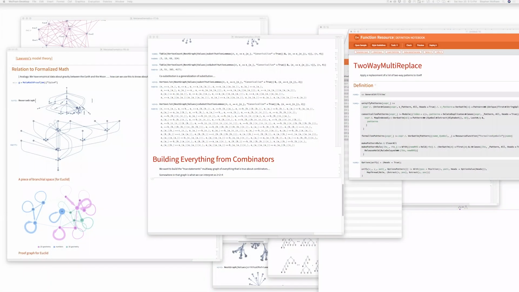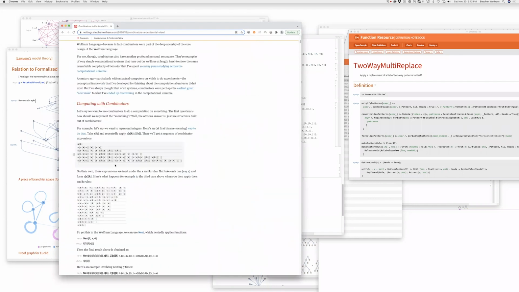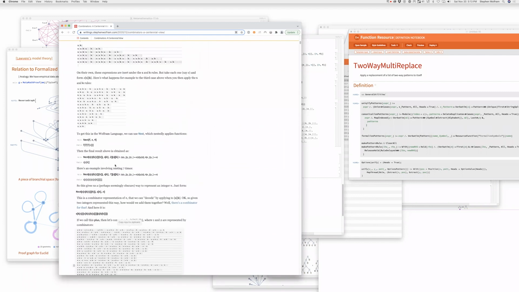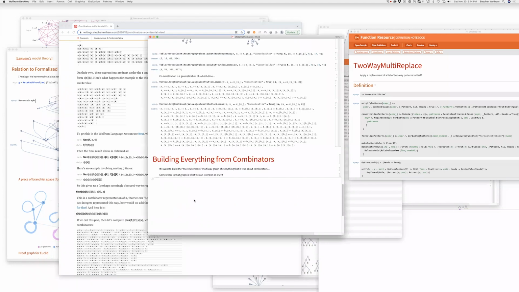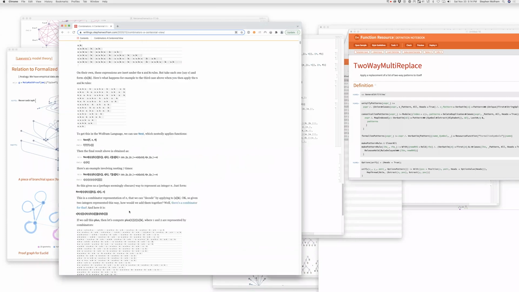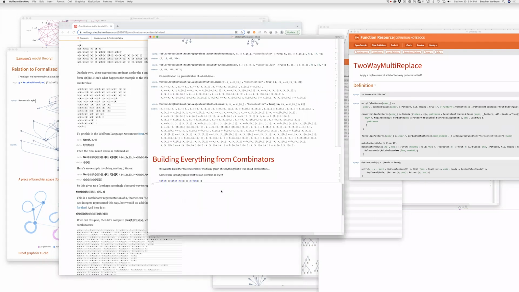If we look at the combinators post, we can say, okay, so that's plus and 2. Okay, so S of S of K